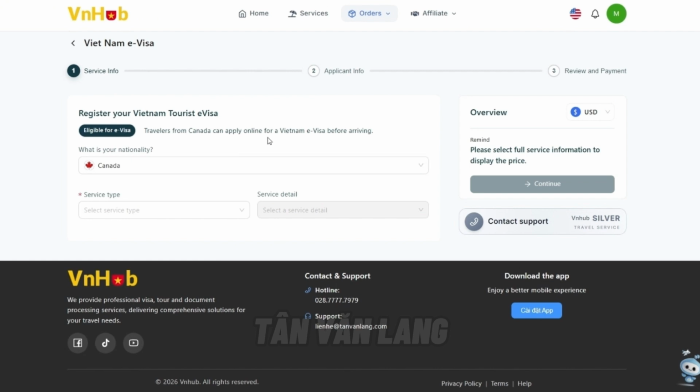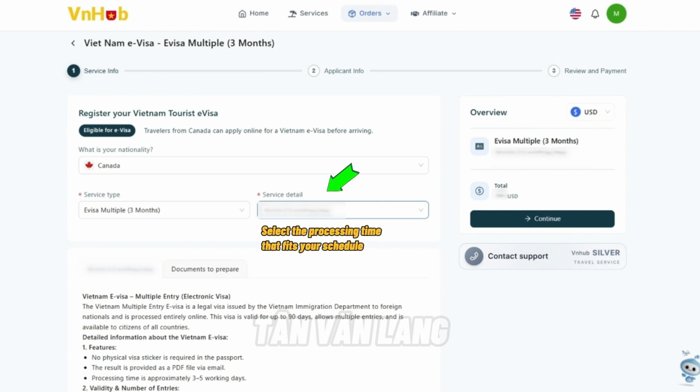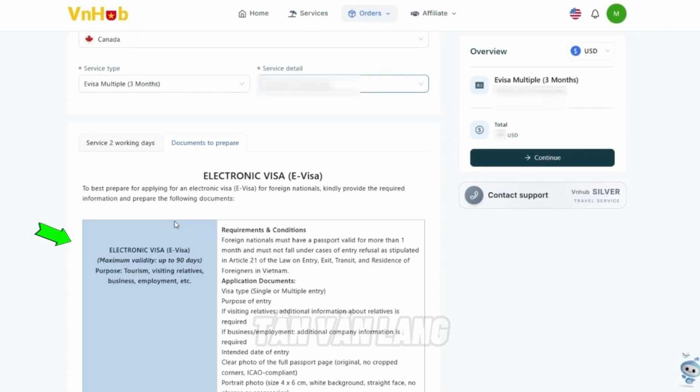In this section, you define the type of visa you need and service type. Choose your desired visa duration and entry type. Service details, select the processing time that fits your schedule. Next, review the overview panel on the right to see the total cost. And you can also check the documents to prepare tab at the bottom to ensure you have everything ready.